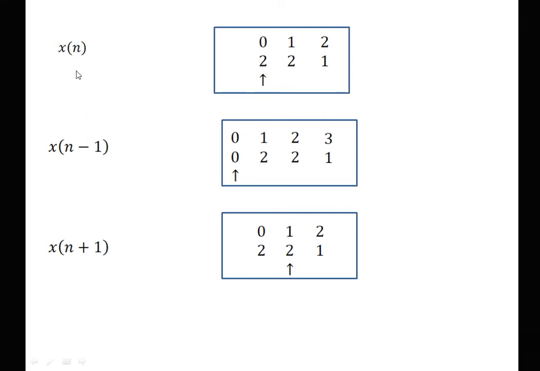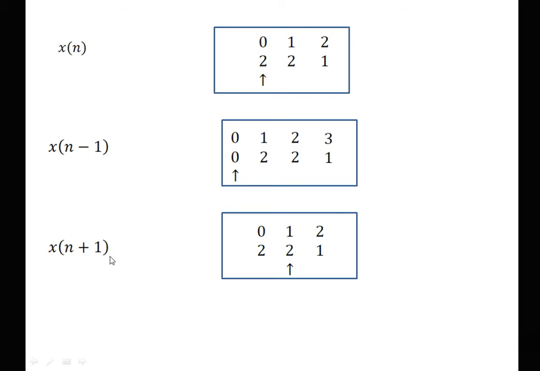Next, x of n we require to do n minus 1. Now it is very easy. N minus 1 is nothing but the delay operation. So shift the arrow to the left by 1 unit. On the left hand side nothing is there, means all values are 0, 0. So signal is shifted. As the signal is shifted, the 0 starts from here. So 0, 1, 2, 3. Now you can easily see that the signal gets delayed. Signal initially started at the 0th location. Now the 2 value is at the 1 location. So signal is delayed by 1 unit.